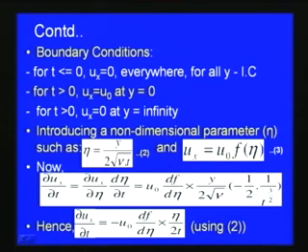So now we can write del ux by del t is equal to del ux by del eta into d eta by dt. So we can write this as u0 into df by d eta into y by 2 square root nu into minus half into 1 by t to the power 3 by 2. Hence we can write del ux by del t is equal to minus u0 df by d eta into eta by 2t, by using equation number 2.